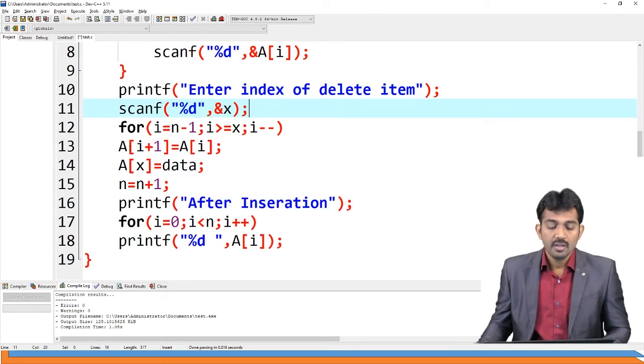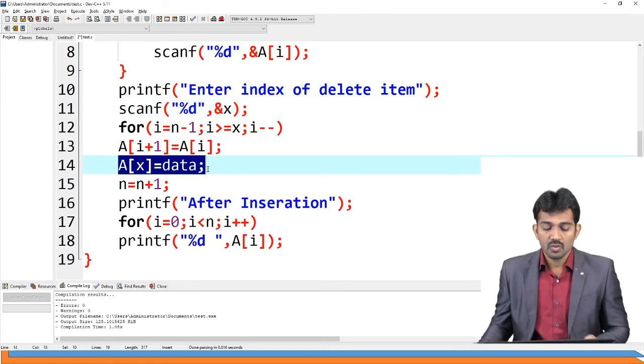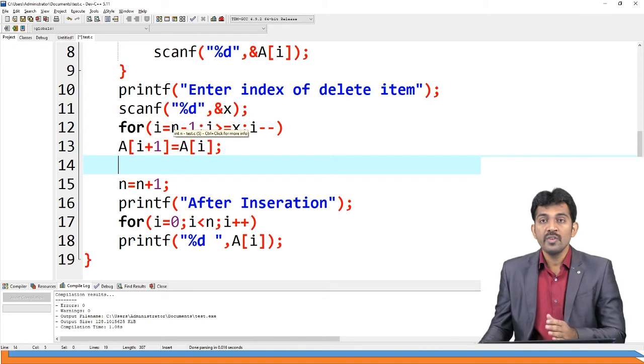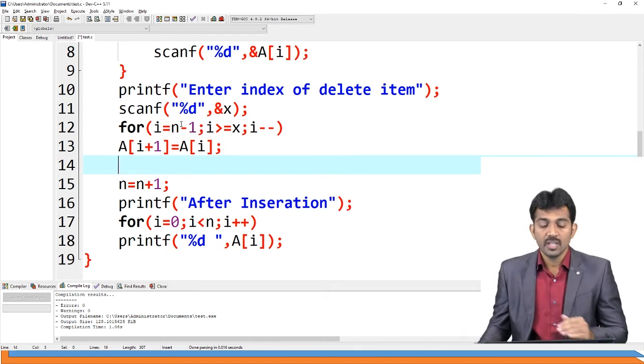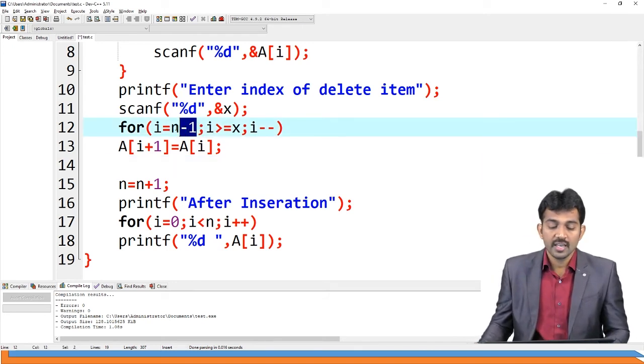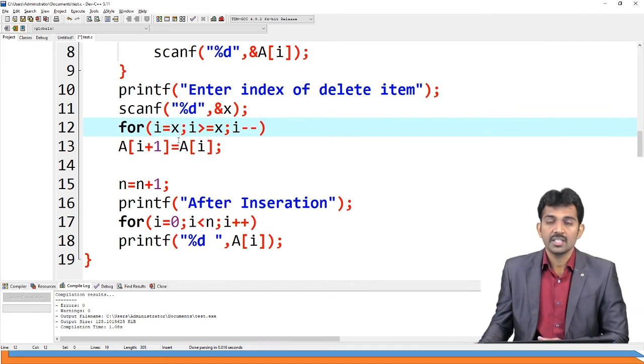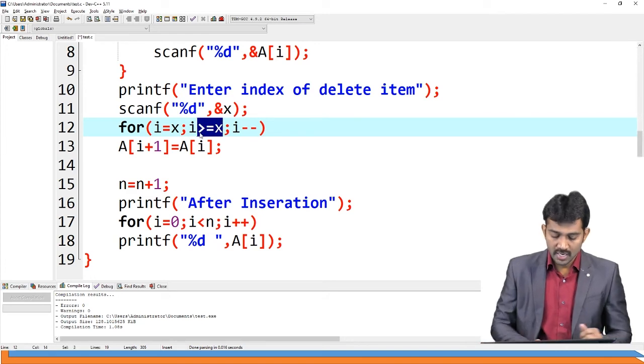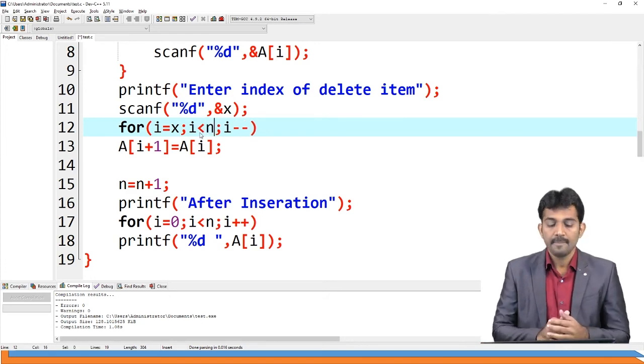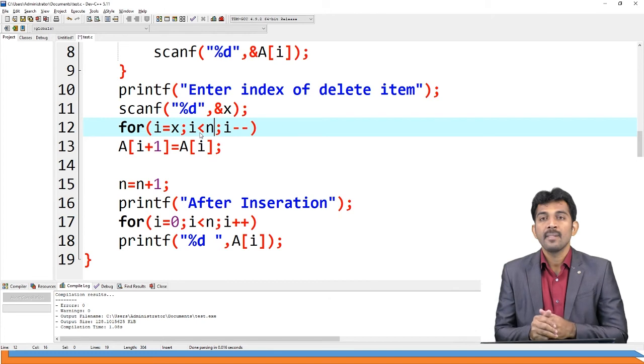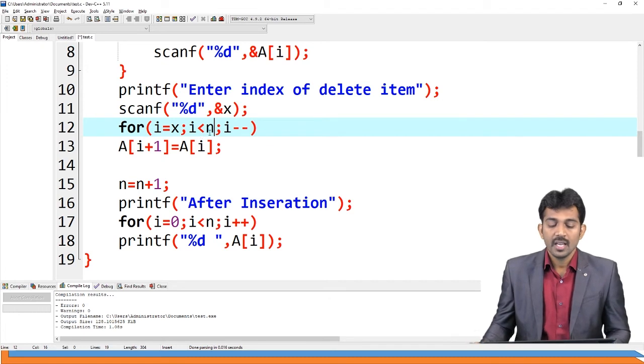It's very simple. See, this one is not required. Instead of moving from the start, you just start with the index where you want to delete. From there, you go up to n minus 1 with I plus plus.